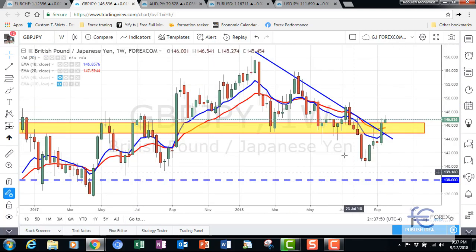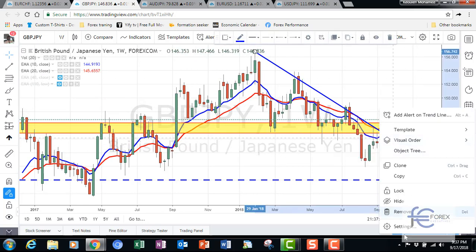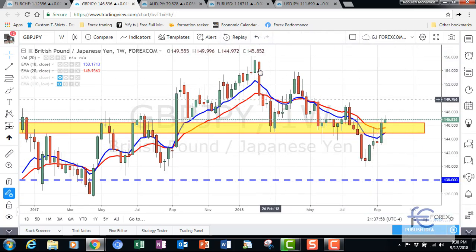Let me go to my weekly chart. All right, if you guys take a look right here, trend is your friend, right? The trend is your friend. So if you guys take a look, the market crossed over right here, right? That was the first cross. Came back, crossed over again, and then as you can see, as